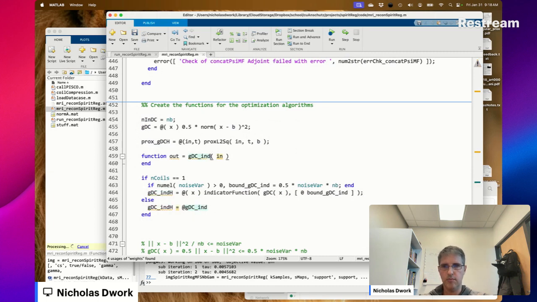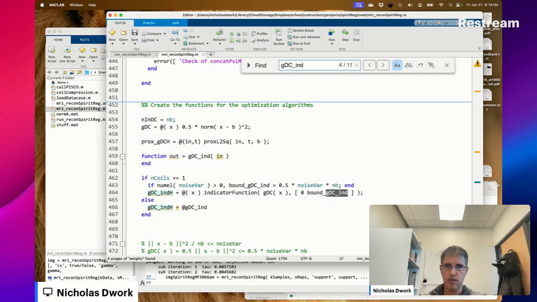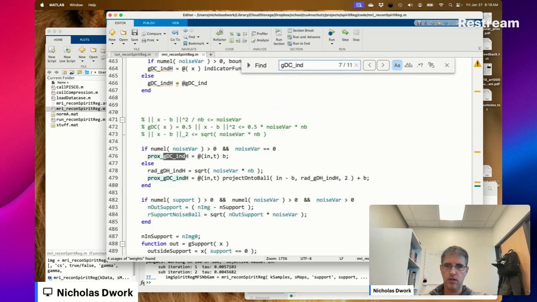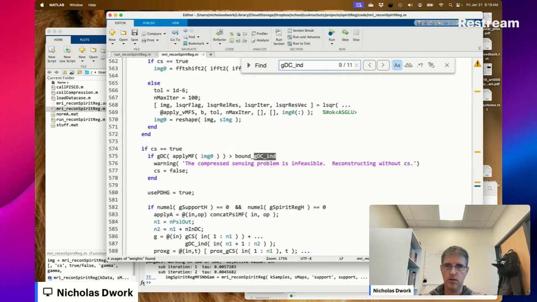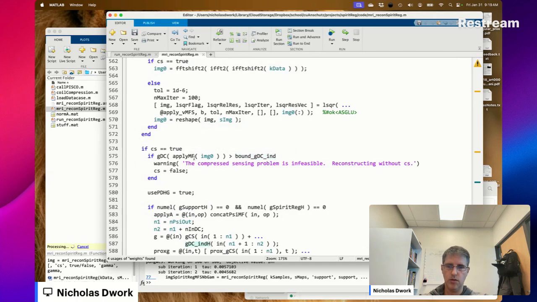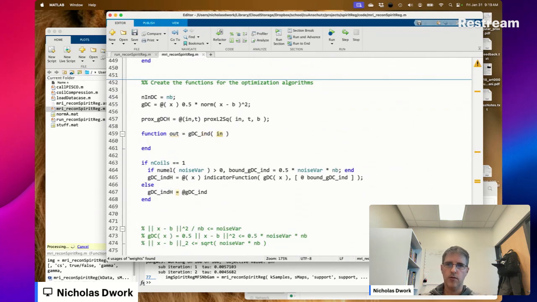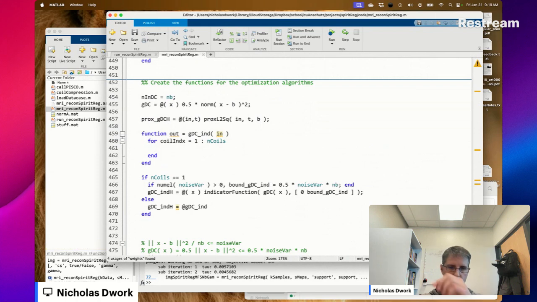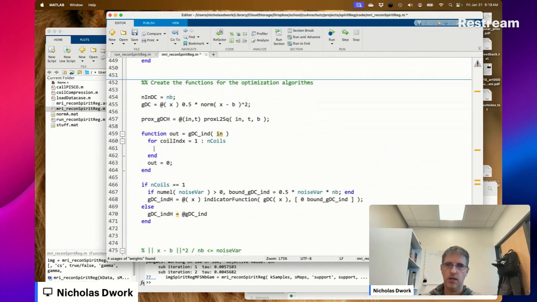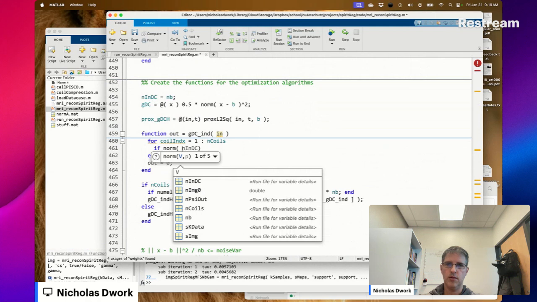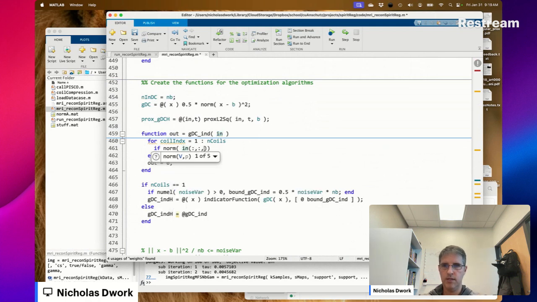Ind. Okay. For coil index equal to 1 to n coils, and out equals 0. If norm in index minus b